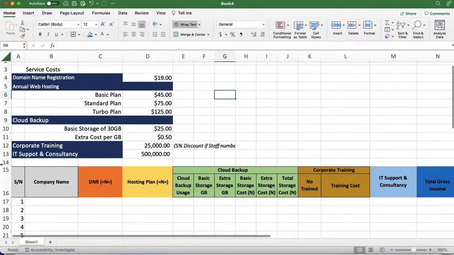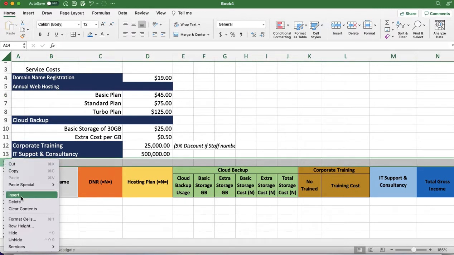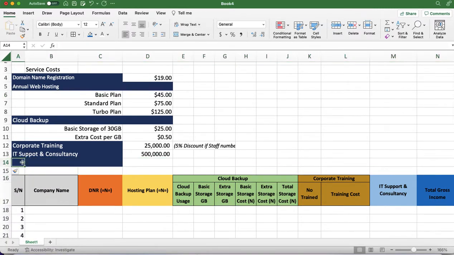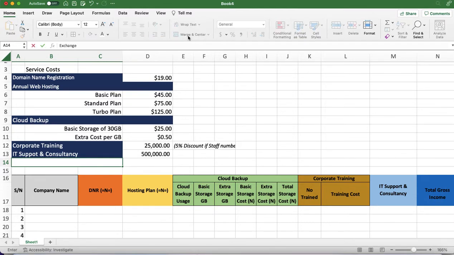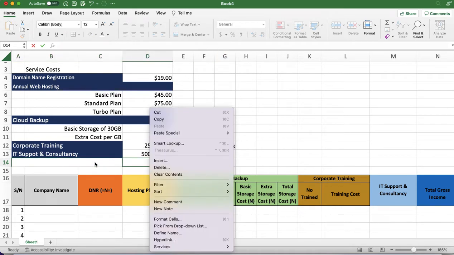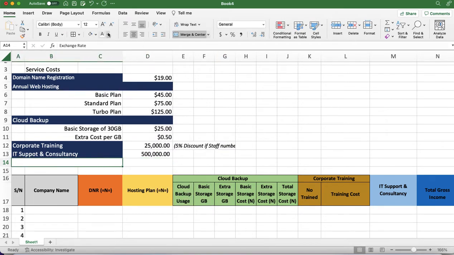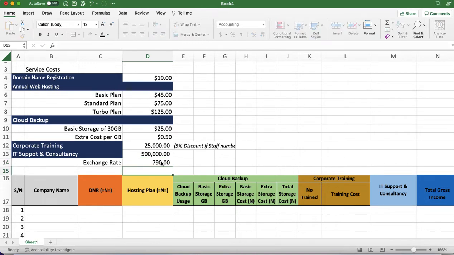So let me just come here, insert an extra line, and simply say exchange rates. It's right in there, but it's currently white, so that's why I'm not seeing it. So let me make it black. Okay, that's exchange rate. Exchange rate is 790. That's what it says, 790. Good. So exchange rate here will be, because you need it, this cost is going to be this dollar times